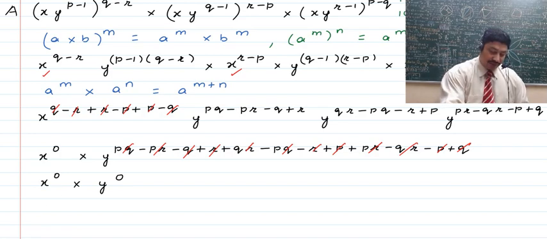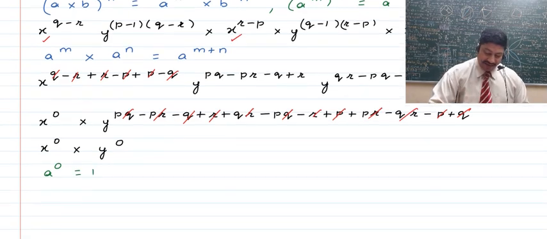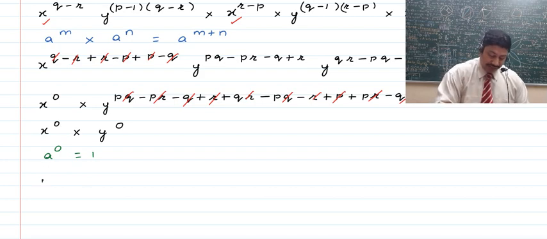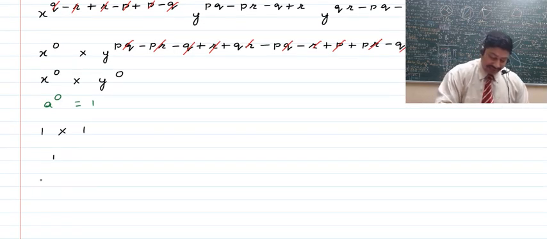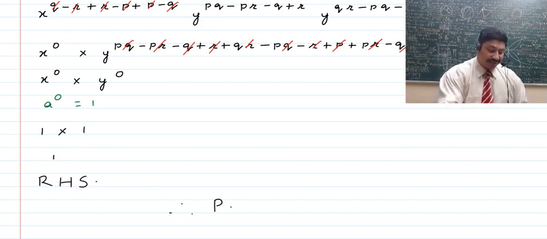As we know here that any number raised to the power 0 is 1, and thus we can write that we have x raised to the power 0 which is 1, which is also multiplied with y raised to the power 0, that is also 1. So the product of both of these is 1, and that, children, is the same as the right hand side, and therefore this stands to be proved. Right? So I'll just quickly discuss this all over.